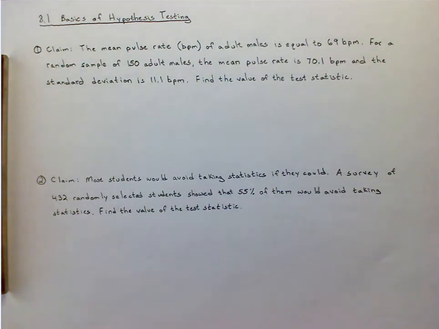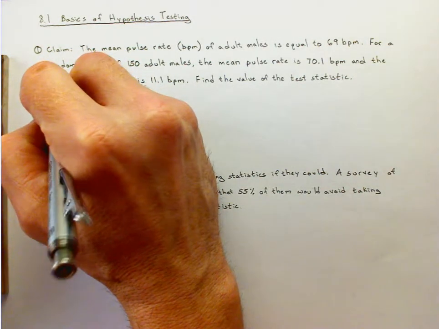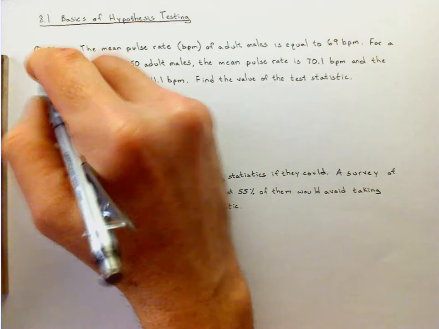So for this one, I look at it and I see that it's dealing with a mean, so I know I've narrowed it down to two formulas, either calculating the t-score or the z-score. And what I know is that my standard deviation is not known, so I'm going to do a t-test. So for this, I have t equals